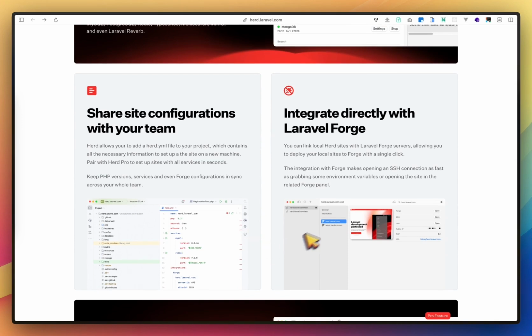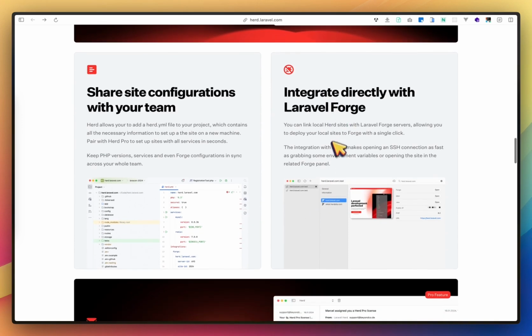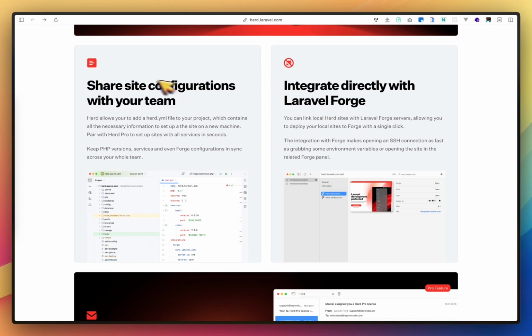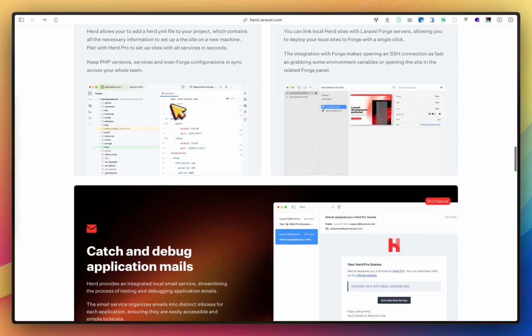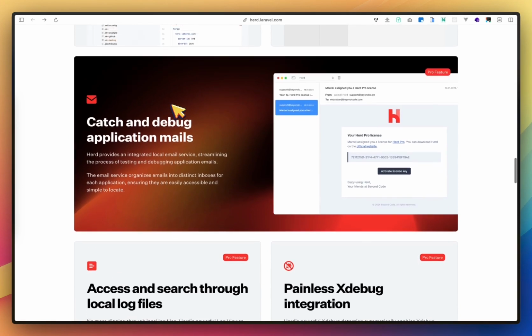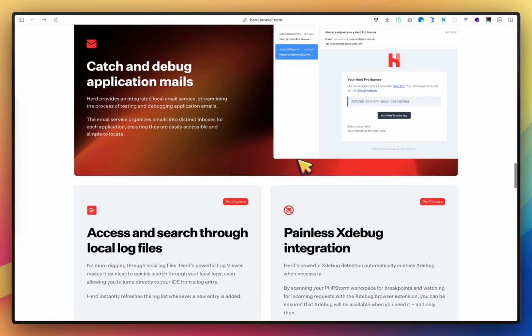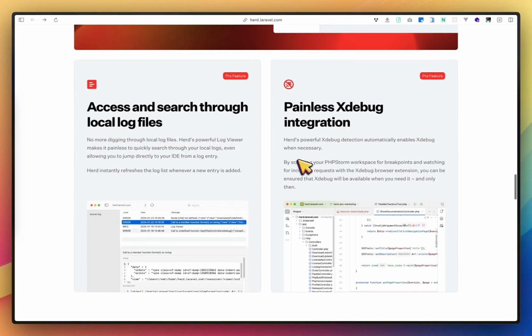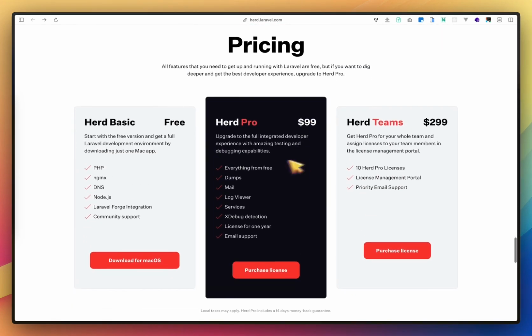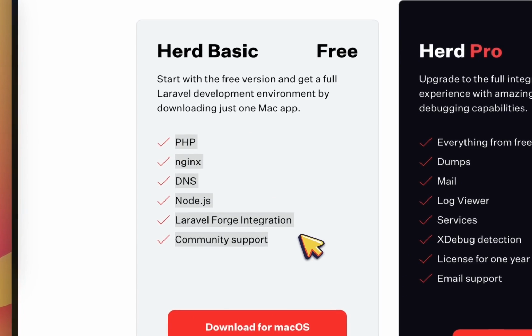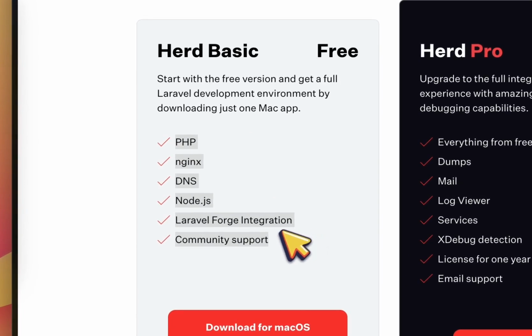Herd also integrates with Laravel Forge and shares site configuration with your team, and you can debug application email using Mailtrap and other features. If you're using the free version, I think this is enough.